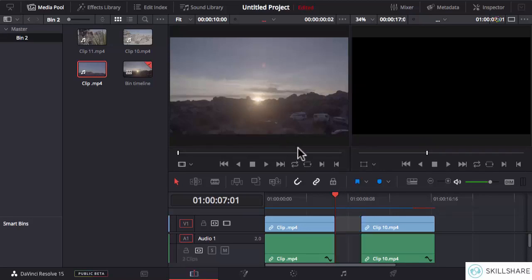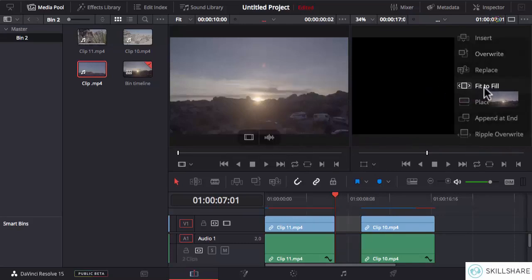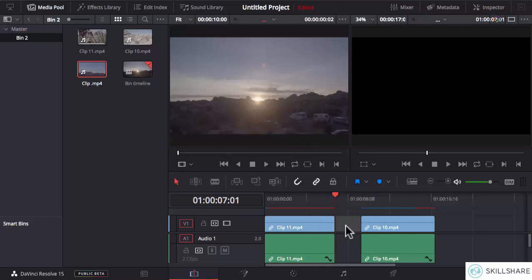So for that, let me undo the previous edits. If I pick this fourth option, which is called Fit to Fill, it's also called a 3-point edit, as I'll explain further in this lesson. So this option is used to fill gaps in the timeline with other clips. Suppose there is a gap in your timeline that you want to fill with this particular clip. Bring your playhead to the start of the gap to be filled,